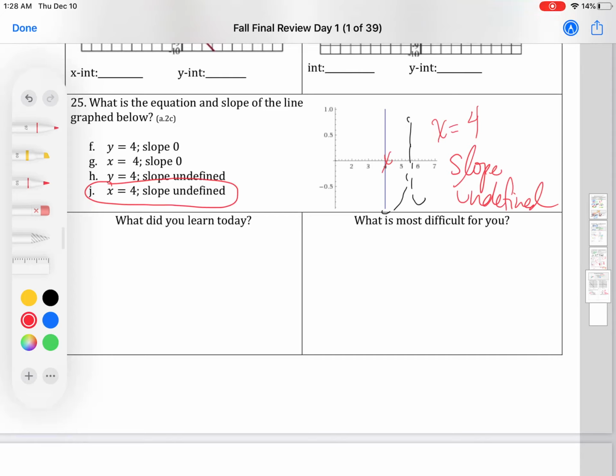Okay, last bit. I want you to write down what you learned today and then what was most difficult for you. If you had any questions as you worked through these, make sure you let your teacher know so we can make sure you're successful next week. We have one more review like this, and then we'll do some practice before you take your